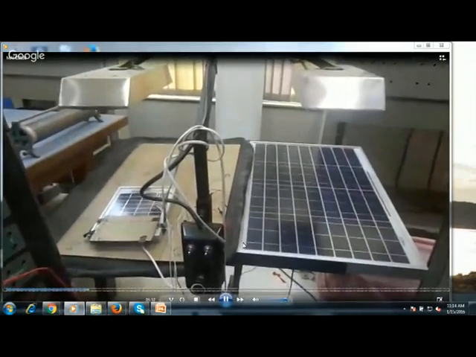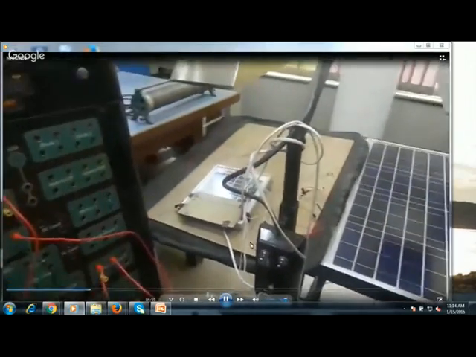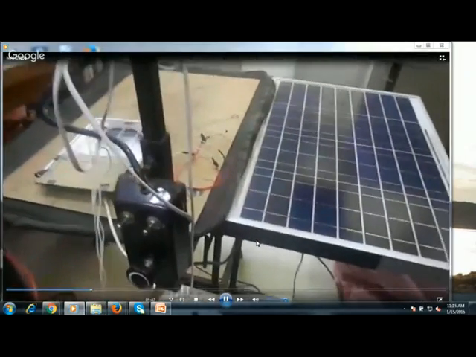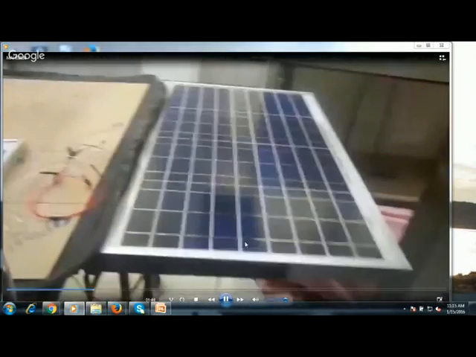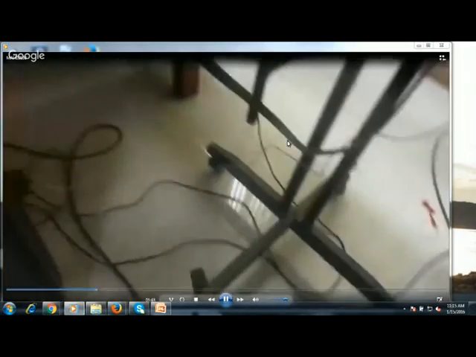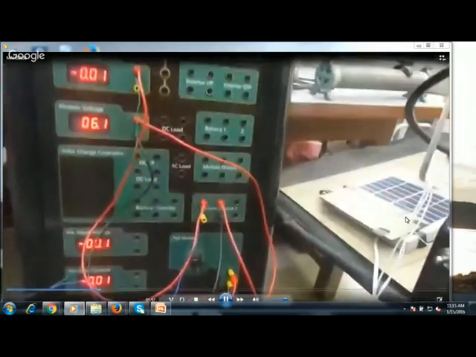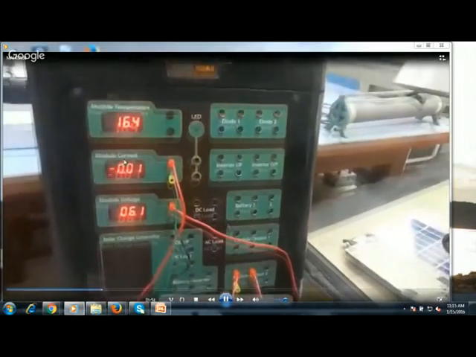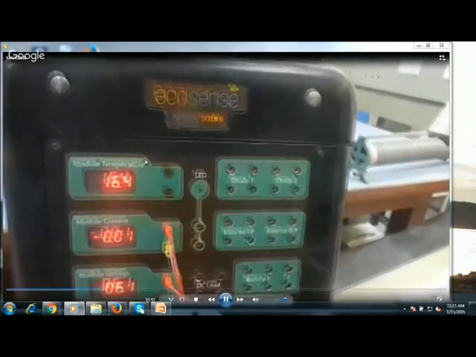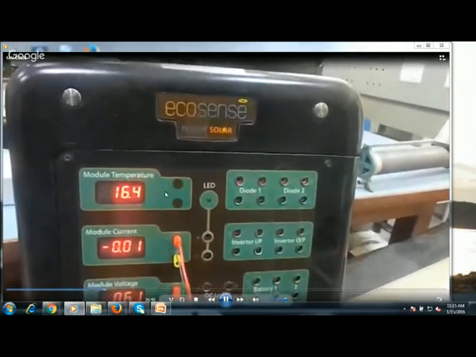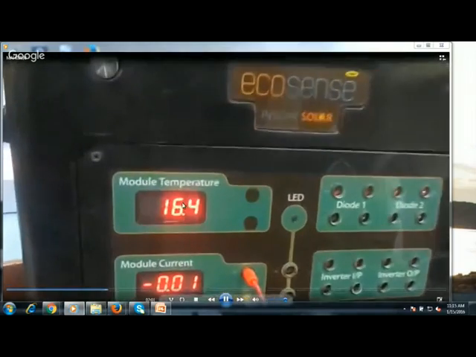So just now I had shown you only voltage and current input. Even we took irradiation and temperature, we did it with 4 inputs. So you have the current sensor below this. There is an LM35, so it is kept below this panel. So this was the panel. It was during winters, so you can see the module temperature. We took it in winter. It was around 16.4. The temperature there was that.